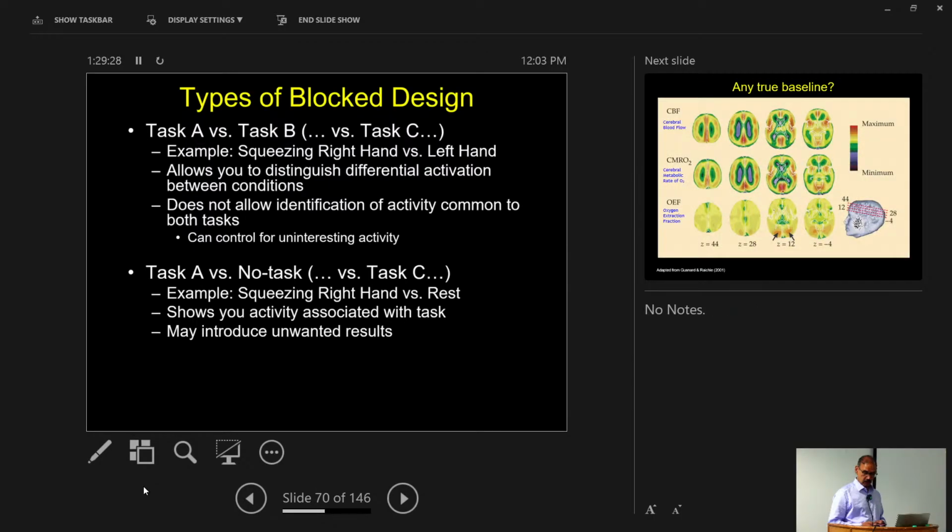So these are again some of the conditions for block design, right? Block design allows us to differentiate between activation during two different conditions, right? However, it does not allow identification of activity common to both tasks, because you have two different conditions. And it shows you activity associated with the task, but also with block design, you can have